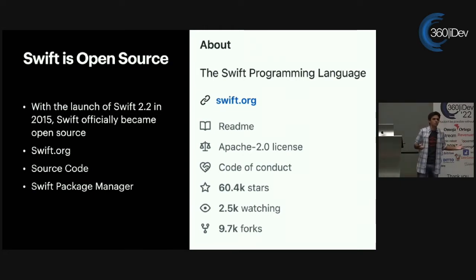Then again, there were some good things about this open sourcing. You get swift.org, you get the source code is now accessible to everyone. You get the Swift package manager. We're going to get a little bit more into that later. But for now, you just need to realize that it was sort of this bump in the road that eventually would lead to so much expansion for Swift, even if it made life harder for a brief period of time when it happens.